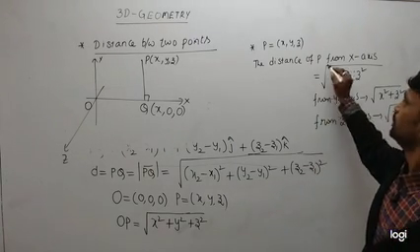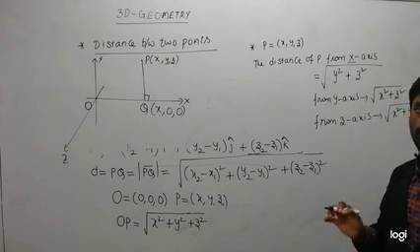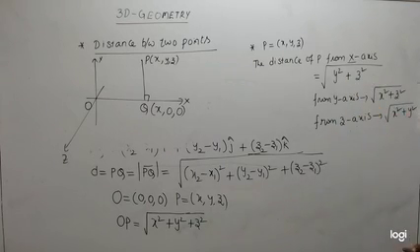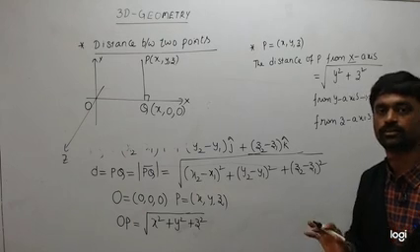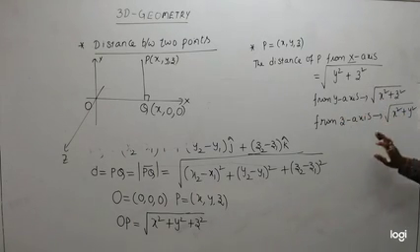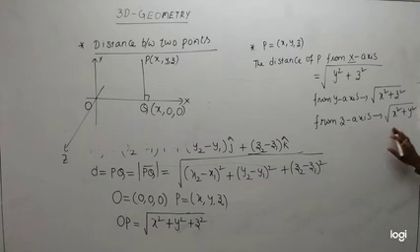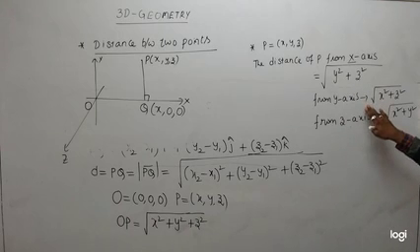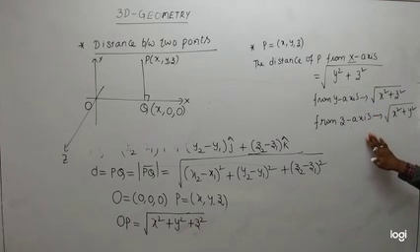So here x, y, z. For the x-axis, x is here. What is missing? y and z. So square root of y square plus z square. Remember like this, enough. So from the y-axis, x and z remain: square root of x square plus z square. Distance of P from the z-axis: square root of x square plus y square. Distance of the point P from the x-axis is this, from the y-axis is this, from the z-axis is this.